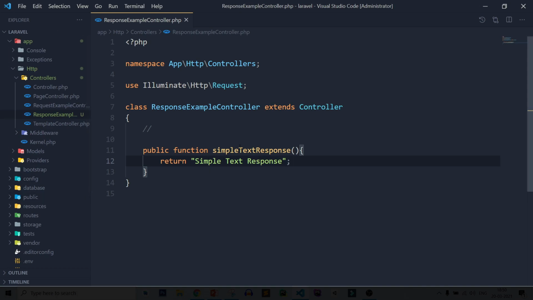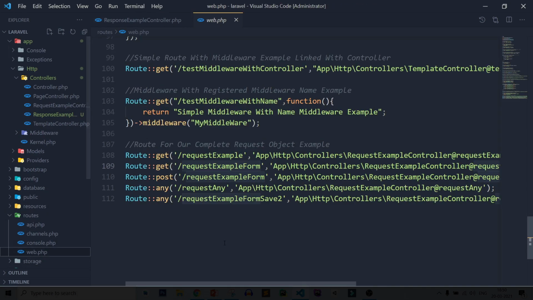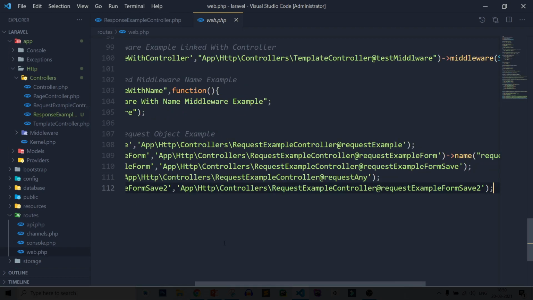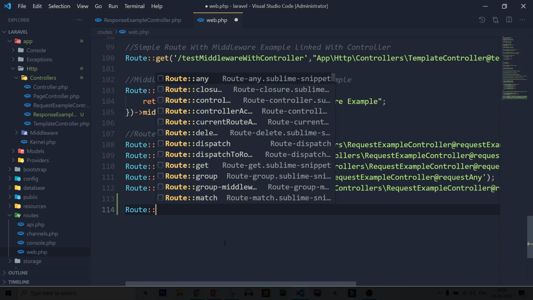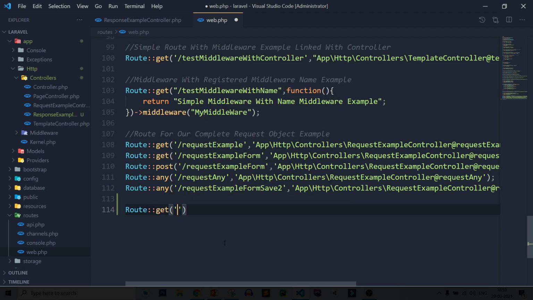After that let's link this method to our routes. So open routes, open web.php. Now let's link the route: Route::get, after that slash simple-text-response.